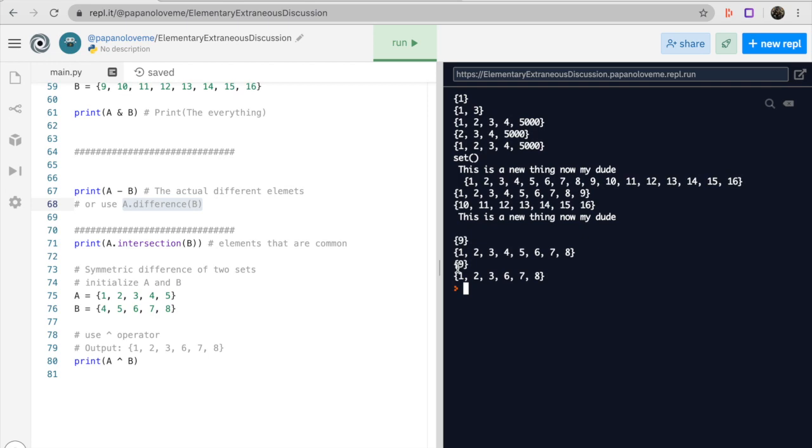So if I want to initialize A and B for a symmetric difference of two sets, I'll add a new member for A and B, and then I'll output them and use this operator, which means give me something which is the exact same thing as this. So today